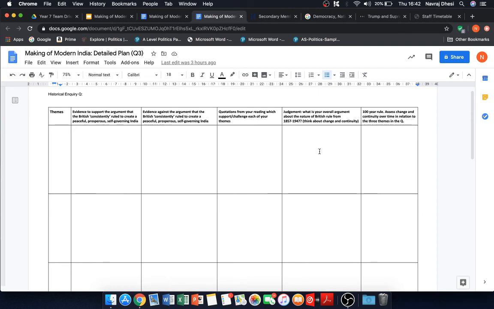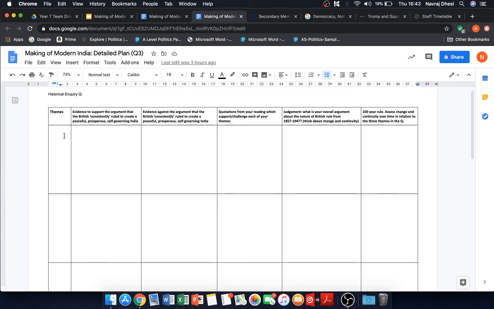or characterize a certain period of time within this 100-year period of the nature of British rule, but that may change over time. Okay, so the way in which we characterize British rule from 1857 to say 1900 may be different from the way in which we characterize British rule from 1900 to the 1920s, and that may differ then from the way in which British rule establishes itself on the ground from 1920 to 1947. And then you'll be looking at the 100-year rule, assessing change and continuity over time in relation to the three themes in the question. Okay, so